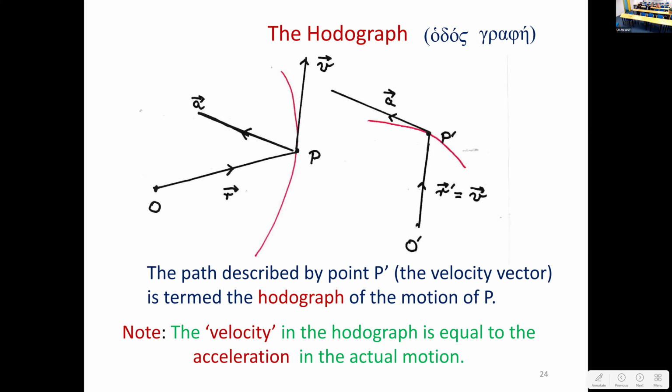Now, the Hodograph, just as a reminder, this was introduced by Sir William Rowan Hamilton, the famous Irish mathematician and physicist, in 1846, actually, December 1846. And the origin, I pointed out last time, were these two Greek words. Now, graphe is, of course, the origin of our graph. When we draw graphs, we're using a Greek word. They're adapted to English. But if you were talking to Aristotle, you would say Hodographe, the drawing of a path,